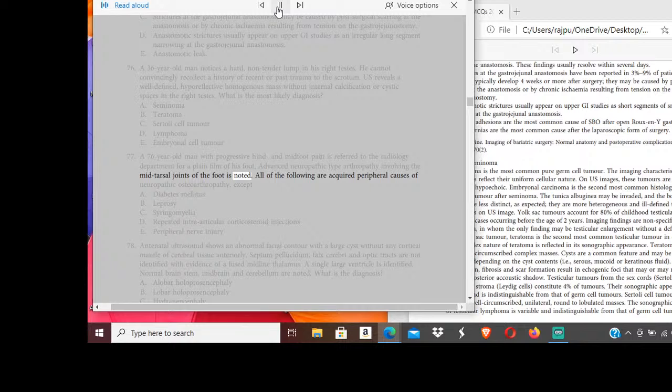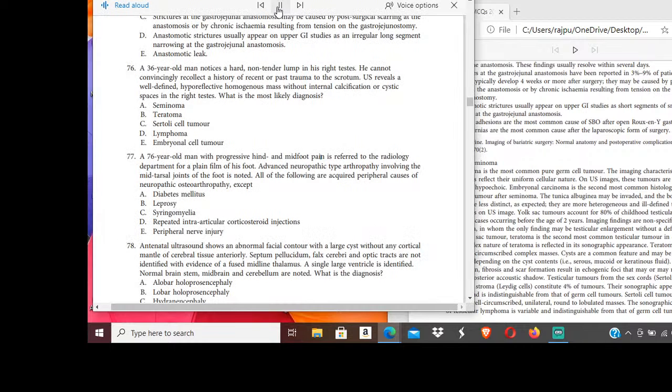All of the following are acquired peripheral causes of neuropathic osteoarthropathy, except A. Diabetes mellitus. B. Leprosy. C. Syringomyelia. D. Repeated intraarticular corticosteroid injections. E. Peripheral nerve injury. 78. Antenatal ultrasound shows